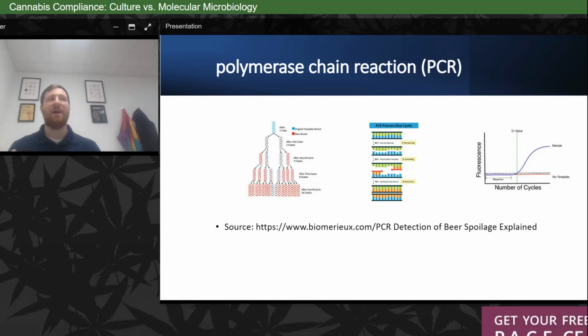Now, PCR occurs through a process of heating and cooling. The primers are extended on forward and reverse strands of the DNA. The probe is degraded as a result of polymerization, and the fluorescence signal is generated. We can see that fluorescence signal in the bottom right image, and that's where we see that beautiful logarithmic curve occurring, basically telling us that our target organism has been detected. That has been through amplification.